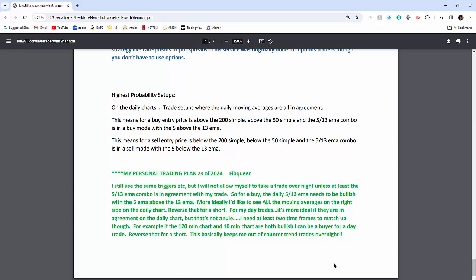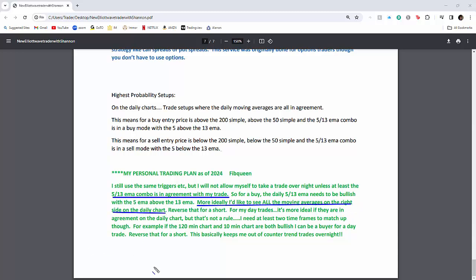Okay, so bottom line, I still use the same types of triggers as far as the crossovers and all that kind of good stuff, but I will not allow myself to take a trade overnight unless at least the 513 EMA combo on the daily chart is in agreement with my trade. Okay, so for a buy, daily 513 EMA needs to be bullish with the 5 EMA above the 13. More ideally, I'd like to see all the moving averages on the right side of the daily chart, and we